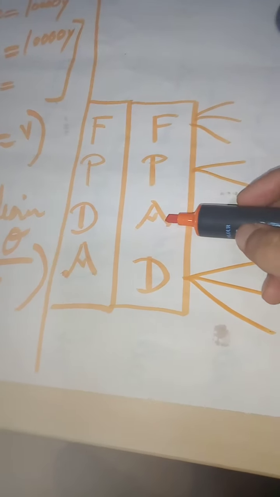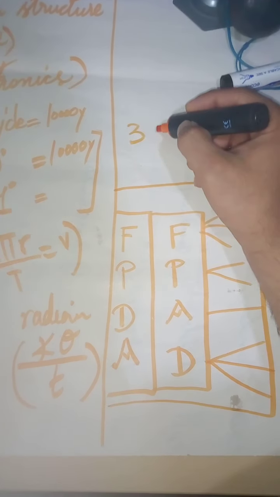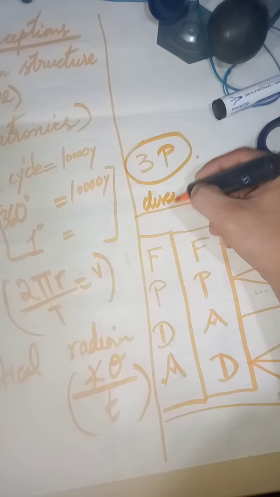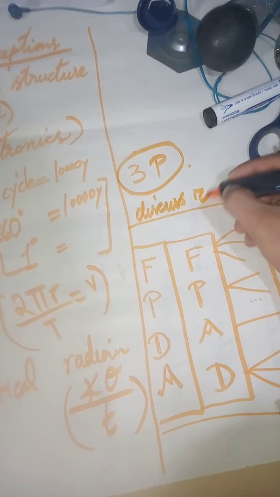So after having done that, I would then go over my results for the practical investigations that I did with them. So I do about 3 practical investigations. After that, I would then discuss the results